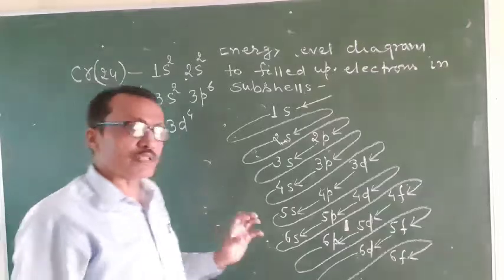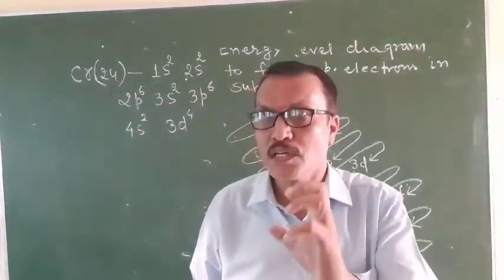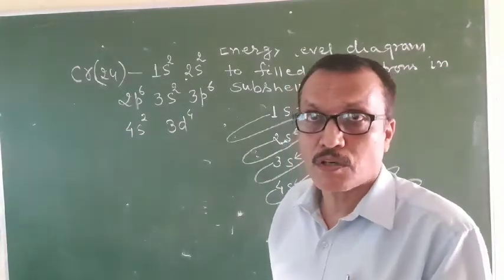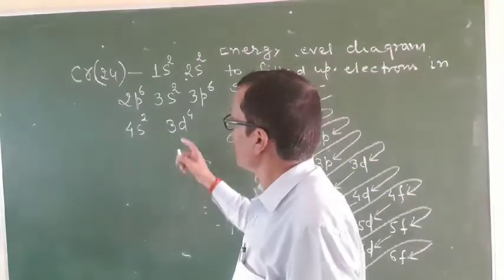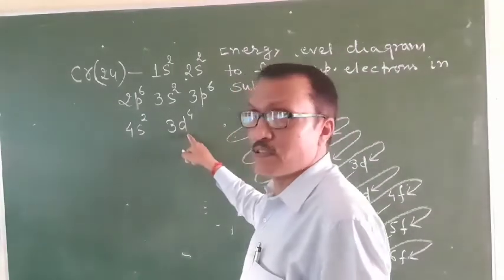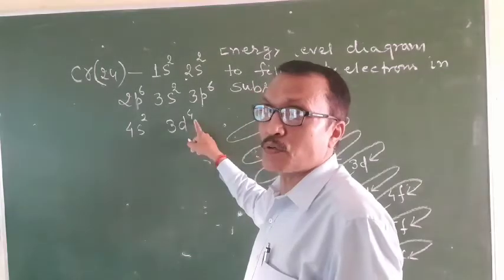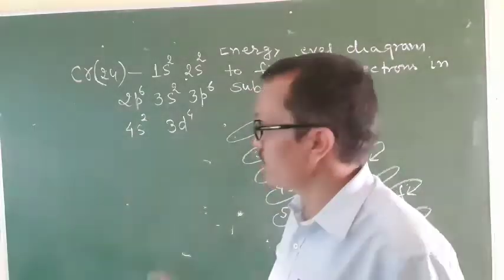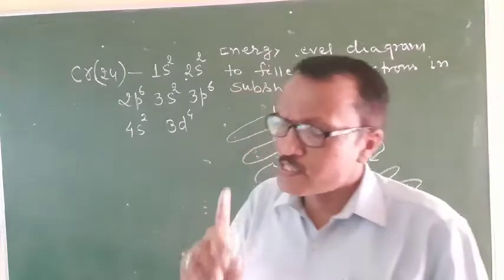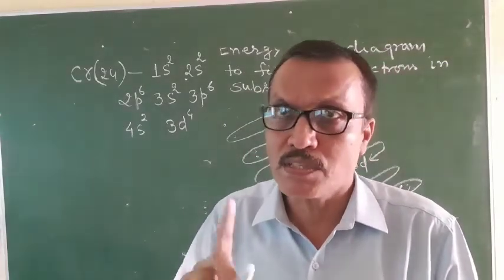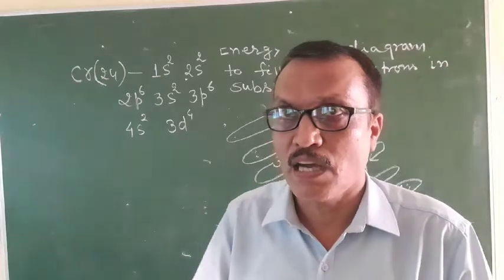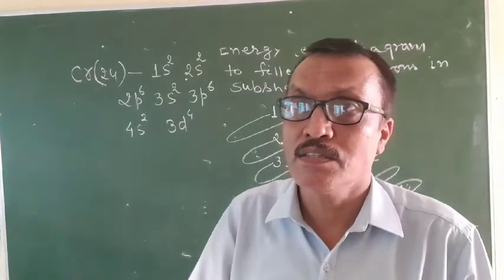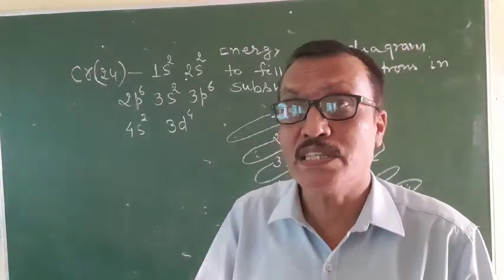Right? But students, here some exception occurs. What exception occurs? If you see the book, the electronic configuration of chromium, you will find out that in 3d subcells there are 5 electrons, and in 4s there is 1 electron. Why this happens, you have to know. Students, a subcell becomes stable in 2 conditions. Either it is fully filled up or it has just half electrons of its capacity.